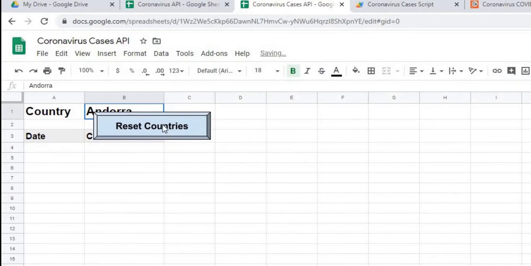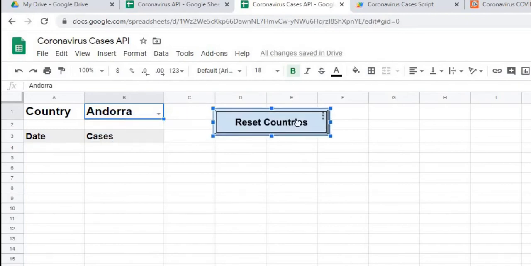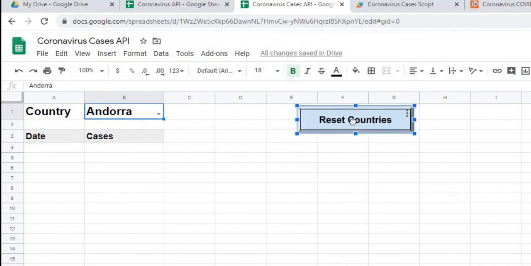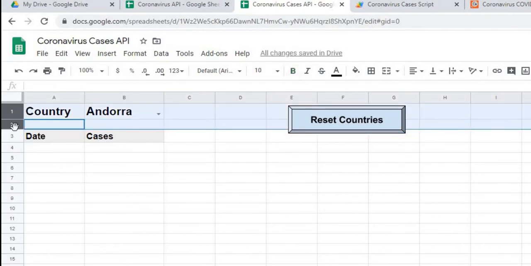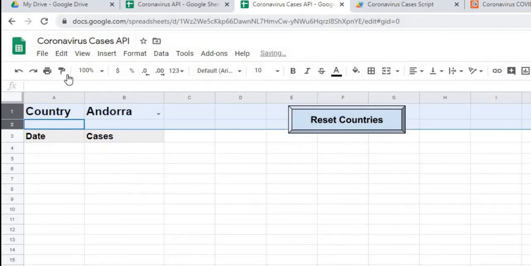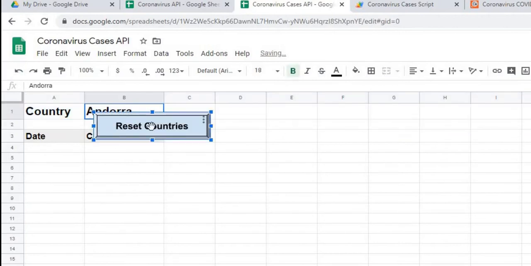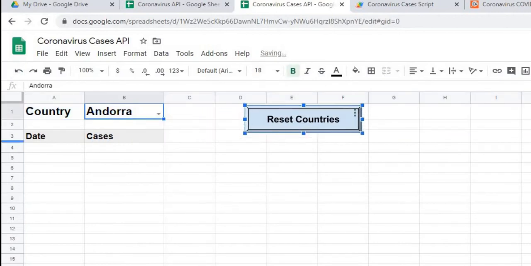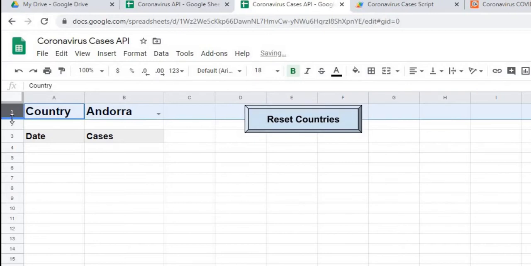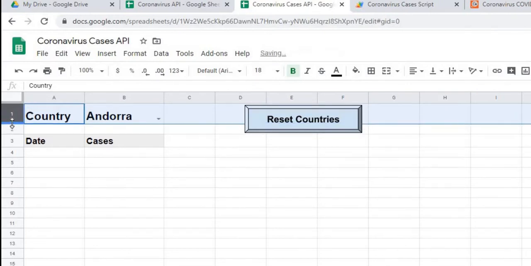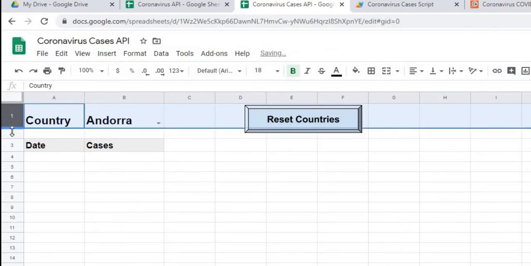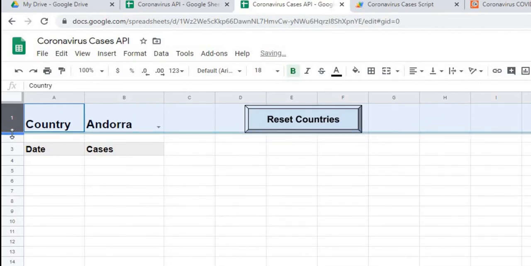So I'm going to hit OK. Click on this. I'm going to move it over here, kind of away from everything. I might bring this down, kind of back that off here, whatever I did there. Okay, I'll bring this over here. I'm going to lower this, make this a little bigger, kind of put the button in the same line as